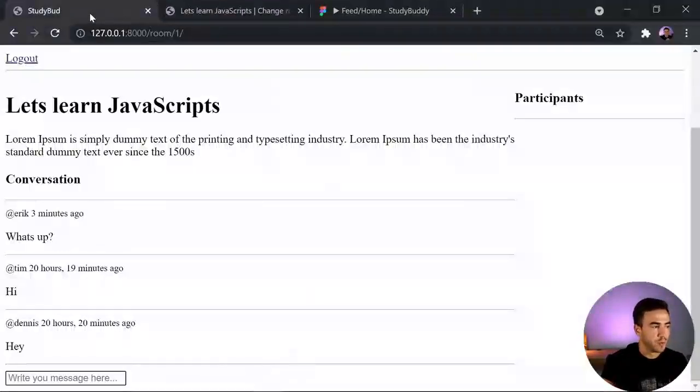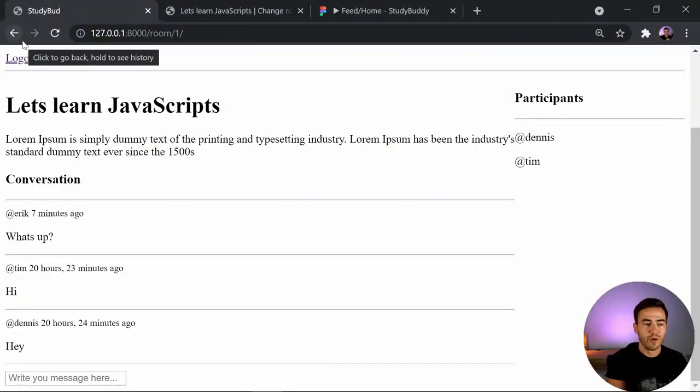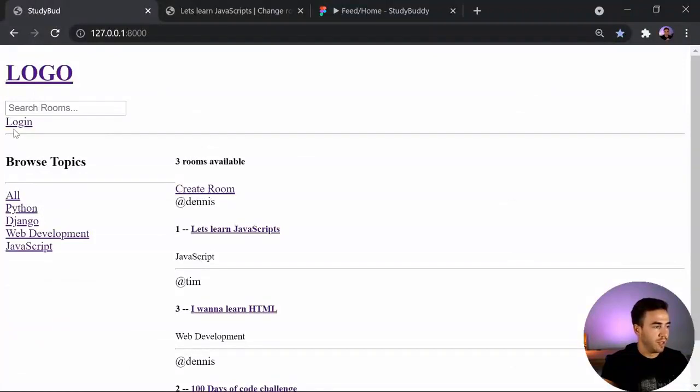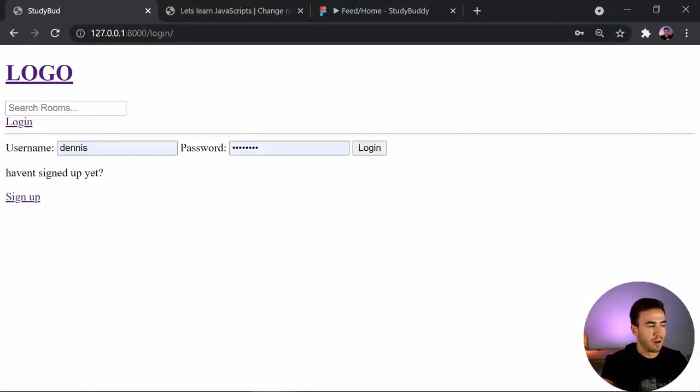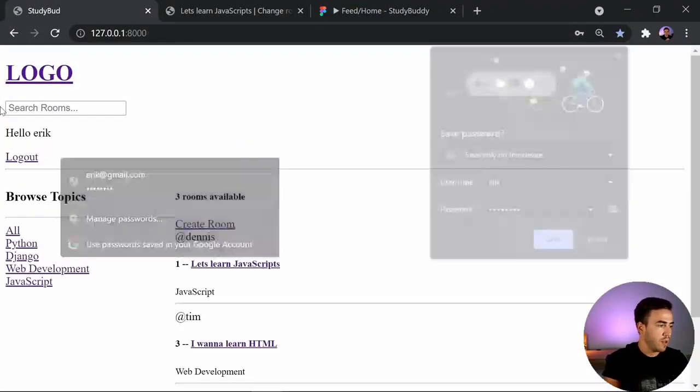So later on, these profiles will be clickable. So if you want to join a room, check out someone's profile, if they're in it, you'll be able to just click on these. So now we can list these out. Now, what if Eric wants to join the conversation? So at this point, the user is not added in automatically. So let's log in as Eric, and